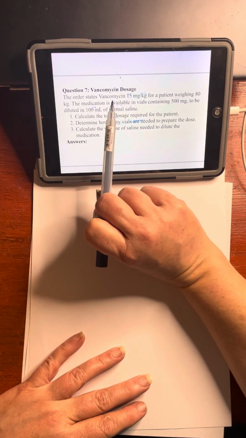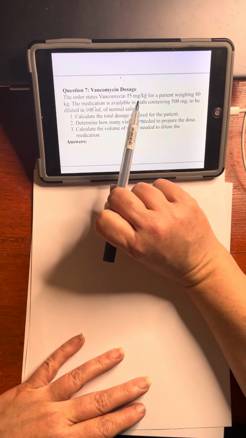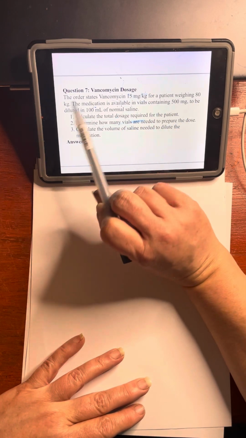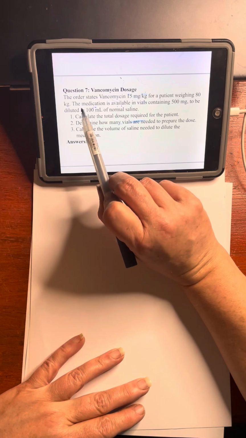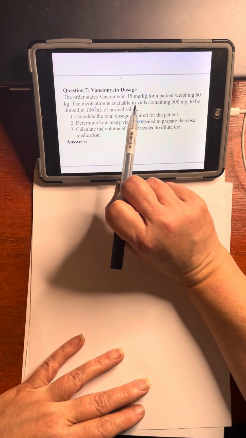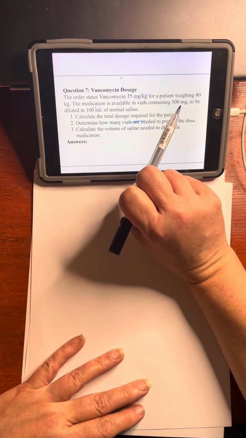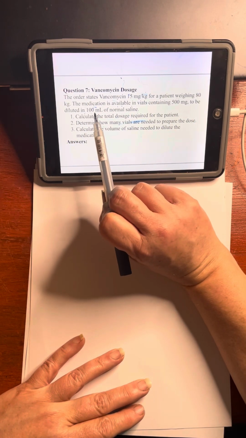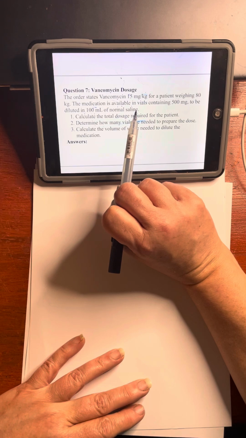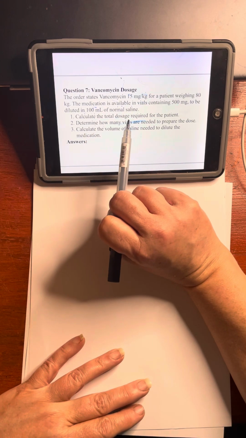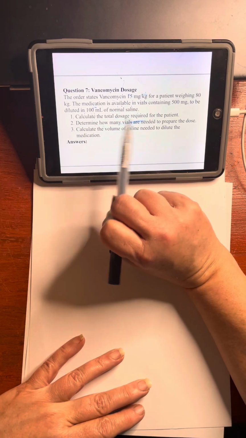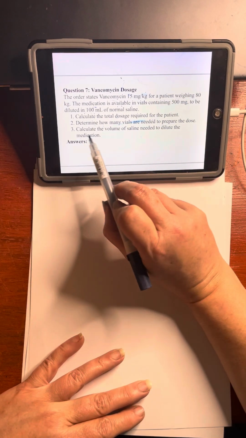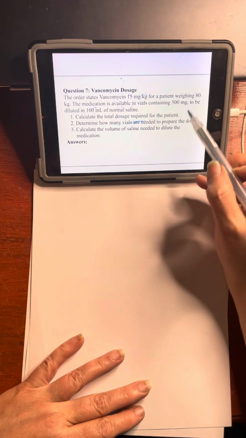The order states vancomycin 15 milligrams per kilogram for a patient weighing 80 kilograms. The medication is available in vials containing 500 milligrams to be diluted in 100 milliliters of normal saline. You got to calculate the total dose required for Homer and then determine how many vials are needed and then how much saline it's going to take. So this,